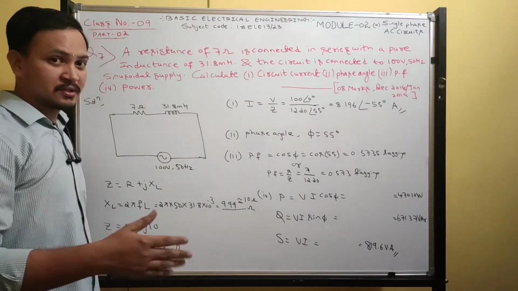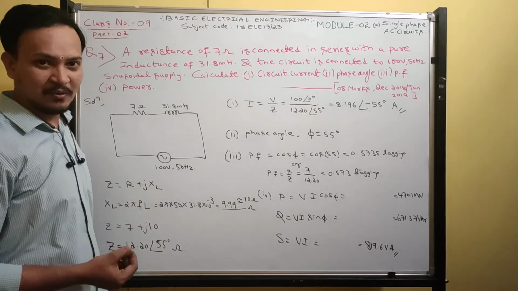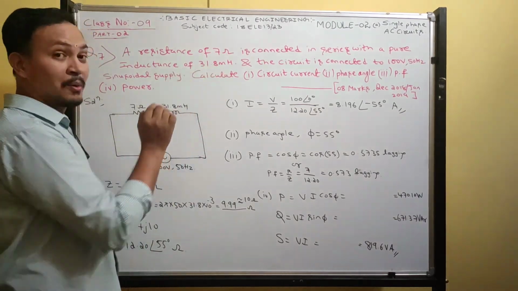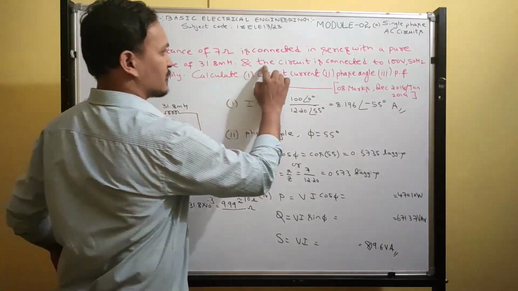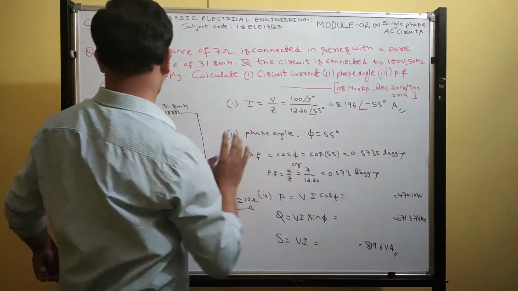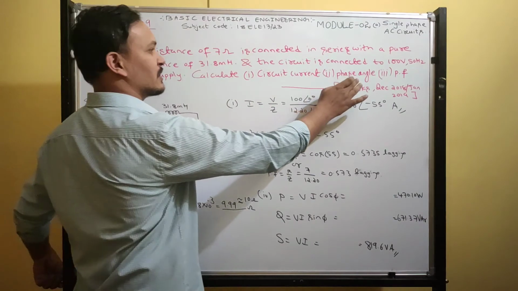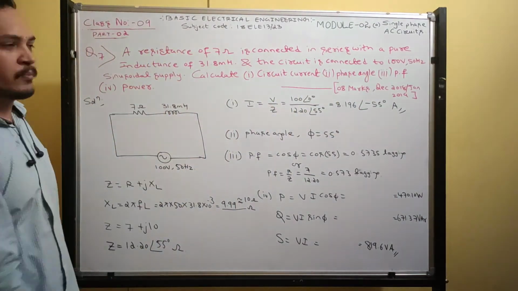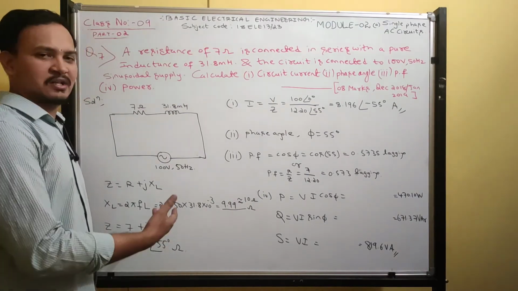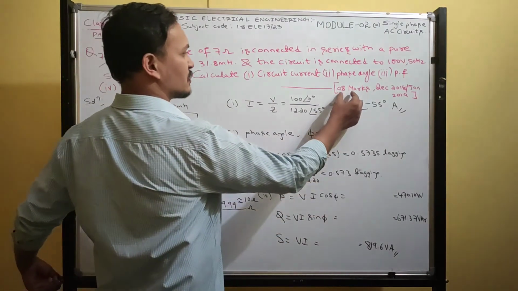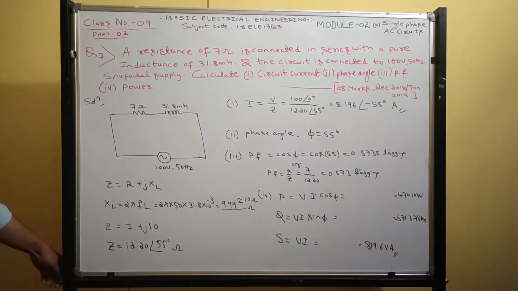So many students, they have studied lot of problems. Somewhere we got in calculation 31.8 ohms. So they will take directly this is ohms only. Don't do like that. Read the question with lot of patience. And the circuit is connected to 100 volt 50 hertz sinusoidal supply. So calculate circuit current, phase angle and power factor and power. You already know this. That's why starting only I written all the solution because it's quite easy question. So this question asked for 8 marks in December 18, Jan 2019.